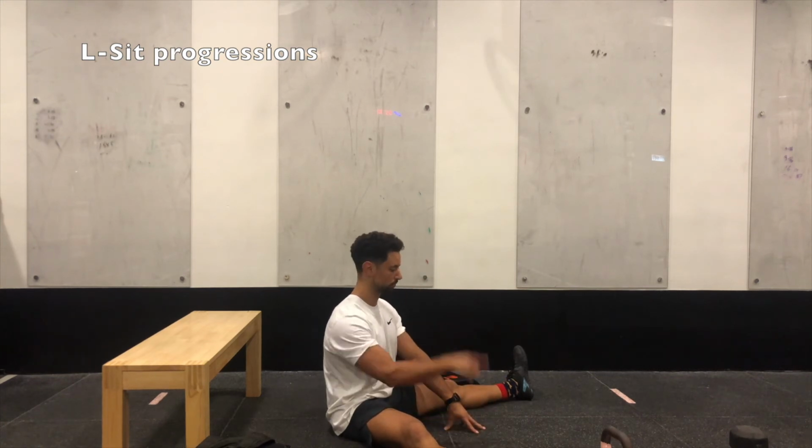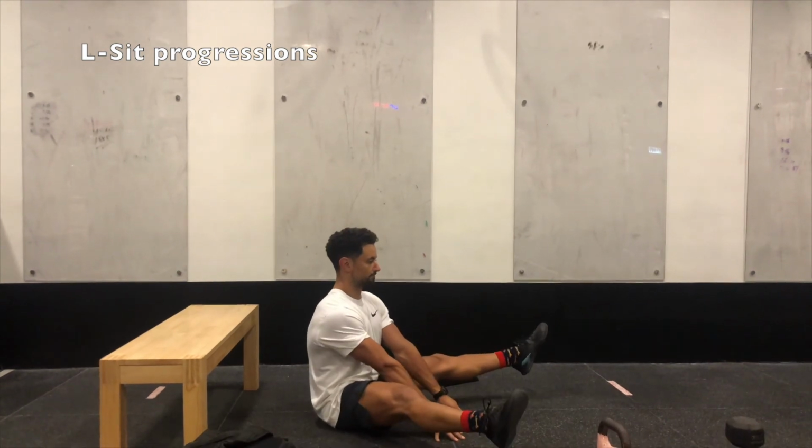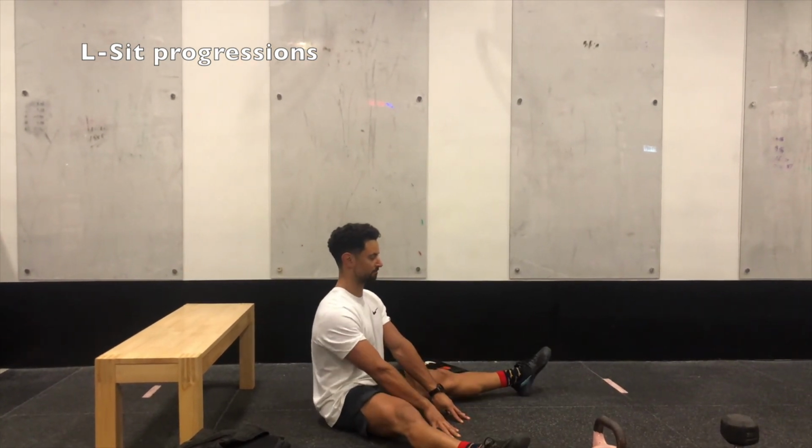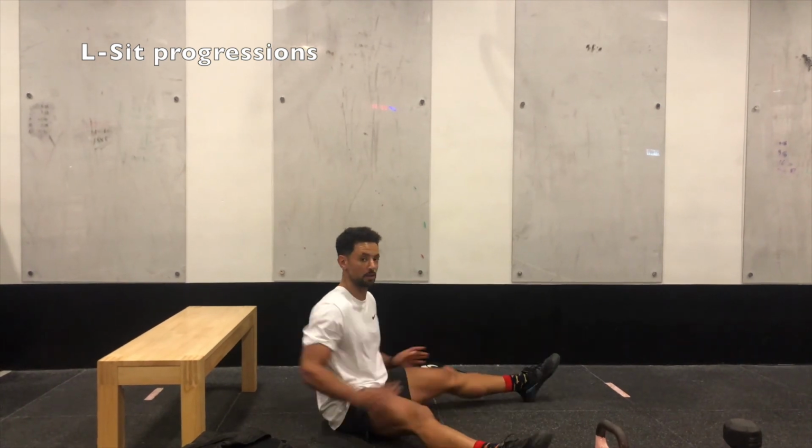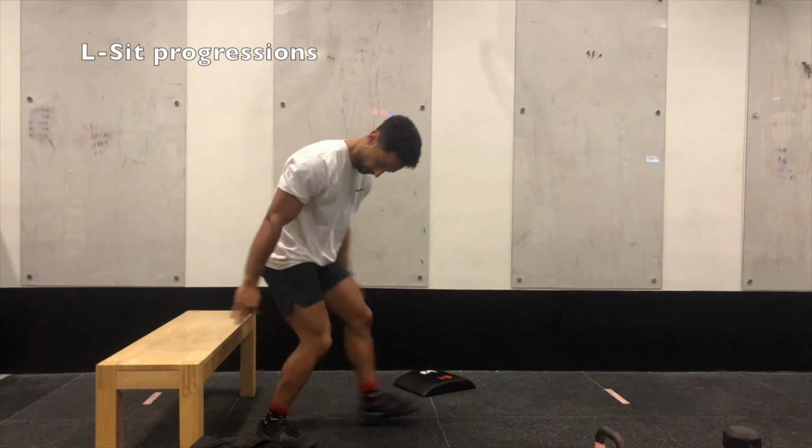The first one is a straddle leg lift off. So from here, Sad presses into the floor. For 20 seconds, he's lifting his legs as high as he can. He's just going to hold that position. Good. Level 2 is going to move to a chair or a bench, and we're going to do a bent